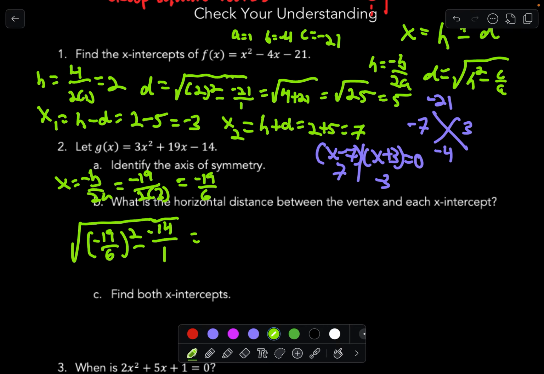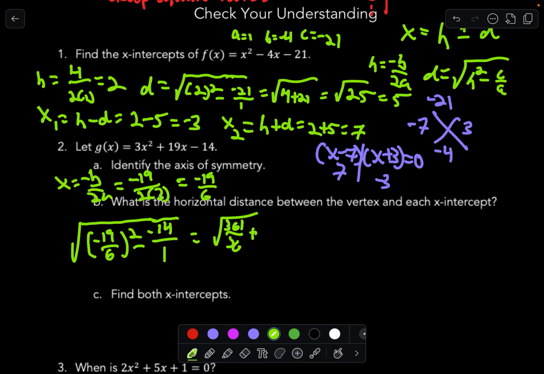So this works out to be, 19 squared is 361, over 36. So this comes out to be 361 over 36 plus, because minus a -14,